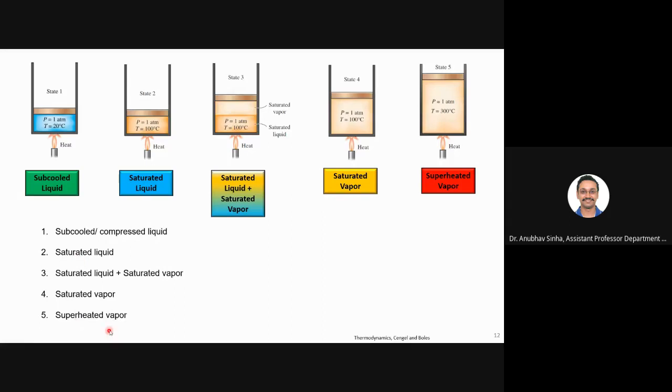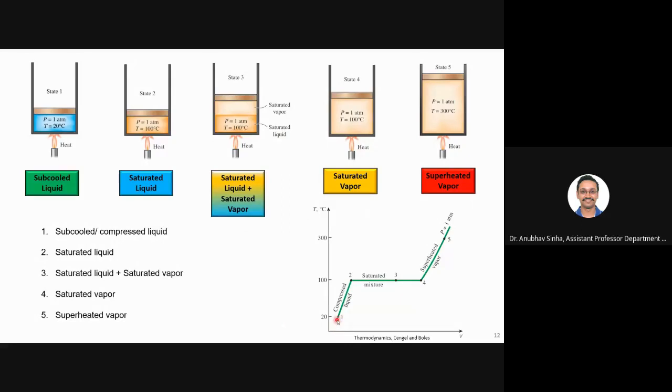Now let me plot it. If I plot this in a TV plot, you see this is the difference. This is not PV, this is a TV plot, because we are interested in knowing the temperature. It is always at 1 atmosphere, so temperature is the one that is changing, and the specific volume is changing. So this x-axis is specific volume. Anyway, the mass is fixed, so that will also give the same scaling for total volume, but this is what it is.